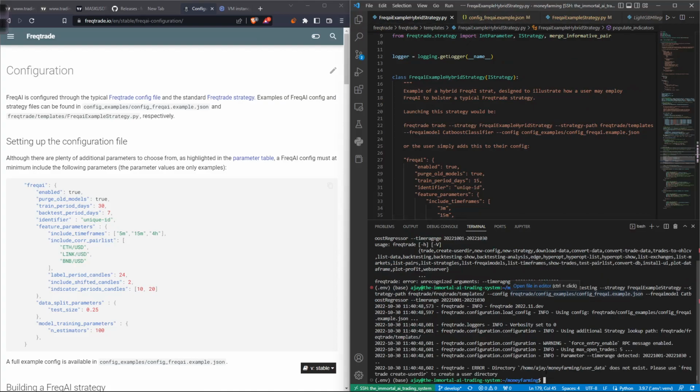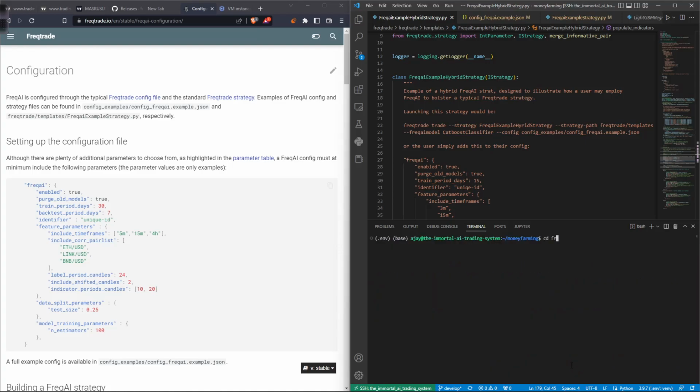Okay, so here it's saying that user data does not exist, right? So we can create our user data. Quick trade create user data. Okay, user. And you know what, we were actually at money farming directly, so let's go to the quick trade and run this. Now it's gonna do it well. Okay,